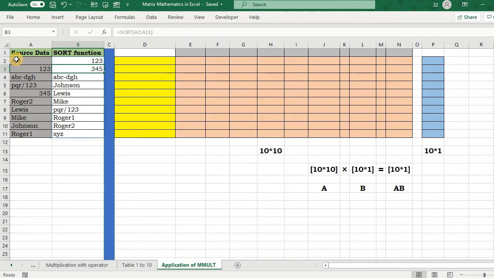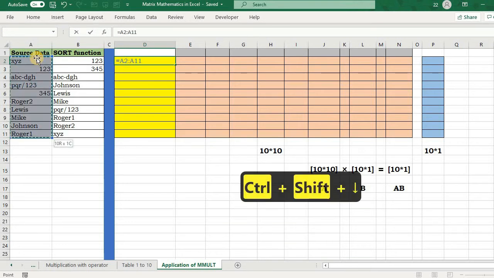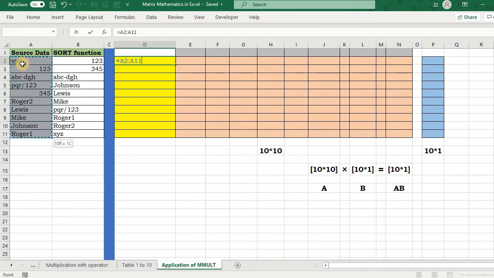In one of my videos, I even showed you achieving this, but with a helper column. This formula that I'm going to show you will be in a single cell and without the sort function. So I will show you how you can, with the help of the mmult function, do all these things without the sort function. My first thing is that I'm comparing all this data. I'm comparing this and I'm checking if xyz is greater than xyz, or xyz is greater than 1 2 3. That will be my parameter to check whether xyz will be placed above or below.